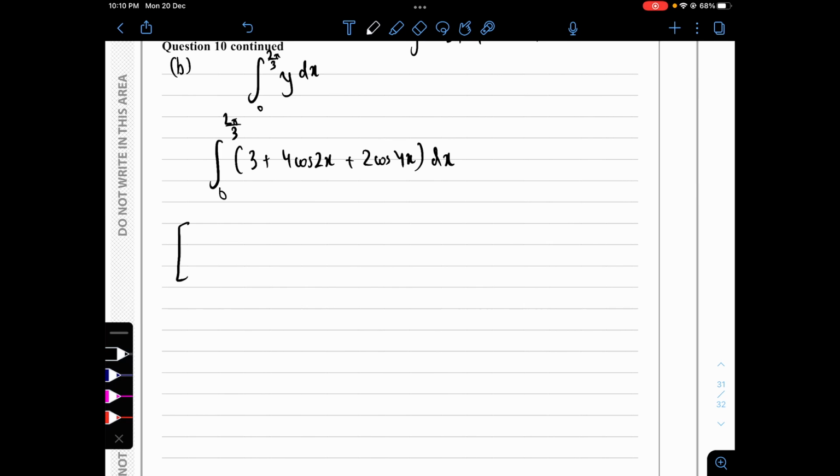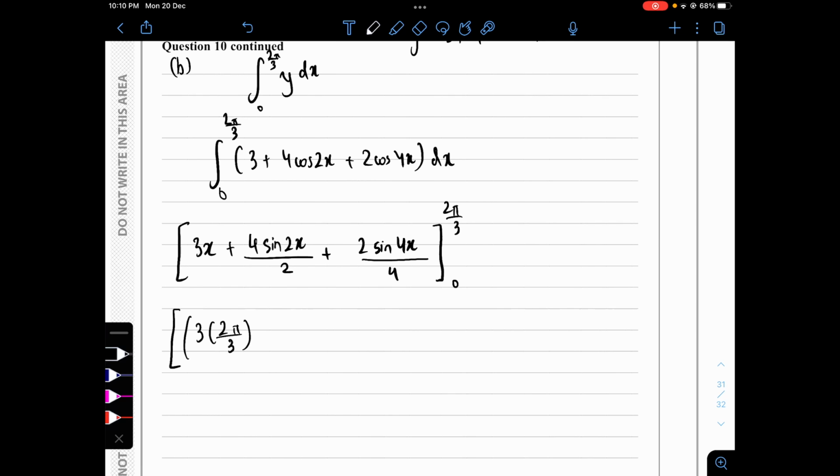Let's integrate this. So 3 just becomes 3x and cos becomes sine. So this will be plus 4 sine 2x, and because it's 2x, we divide by 2. Plus same thing here, so 2 sine 4x and we divide by 4. The limits are 2 pi over 3 and 0. So that will be 3 times 2 pi over 3 plus 2 sine 2 times 2 pi over 3 plus a half